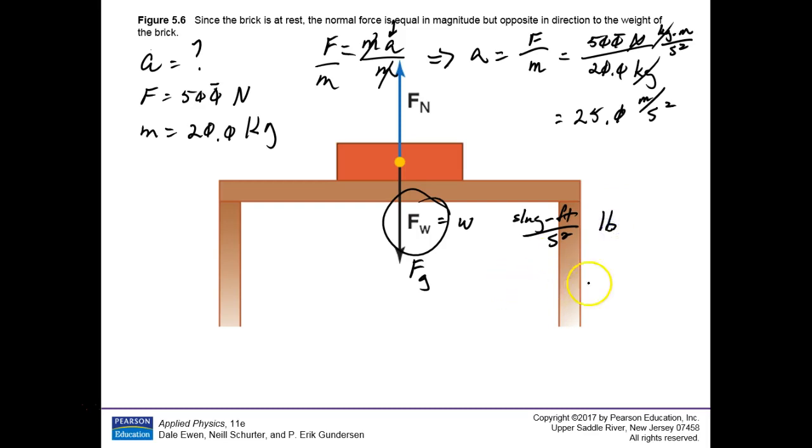Okay? And a newton is a kilogram meter per second squared. That's the unit for newton. So what's the formula for that weight? It has a mass, and the mass would be either in slugs or kilograms. So it's mass of the object times the acceleration